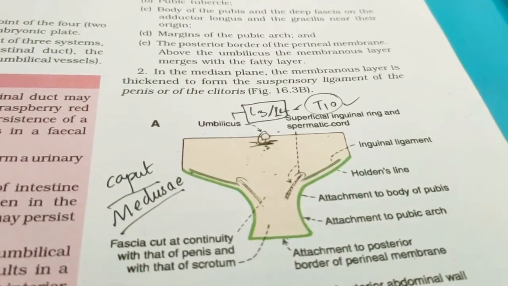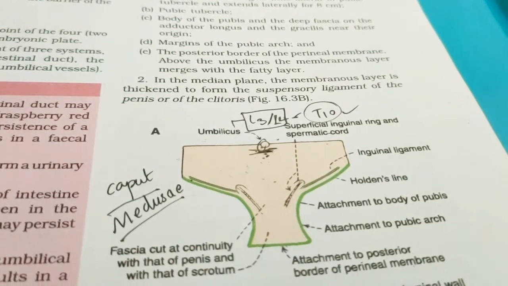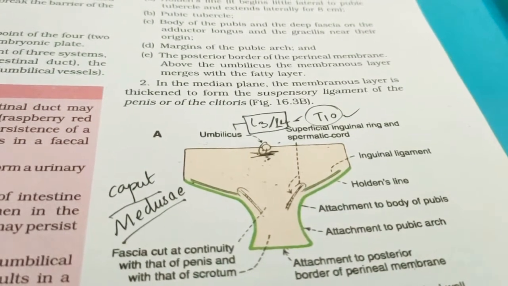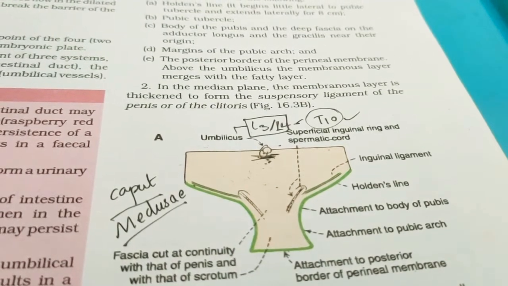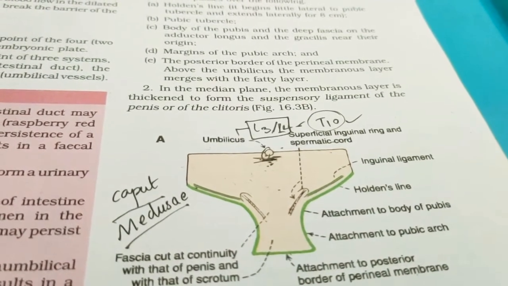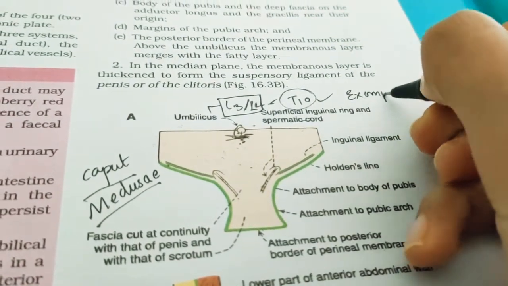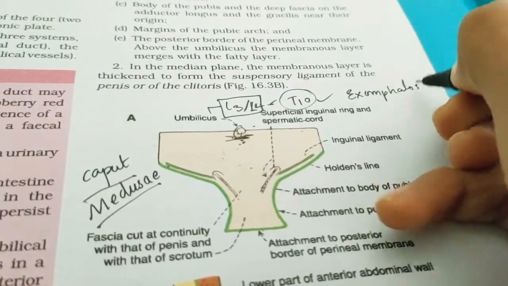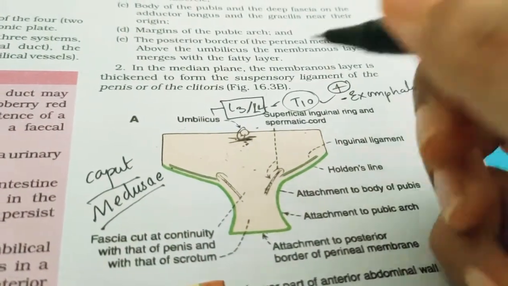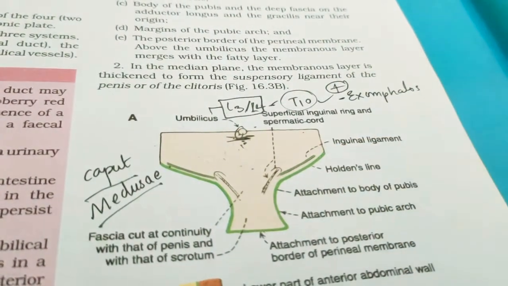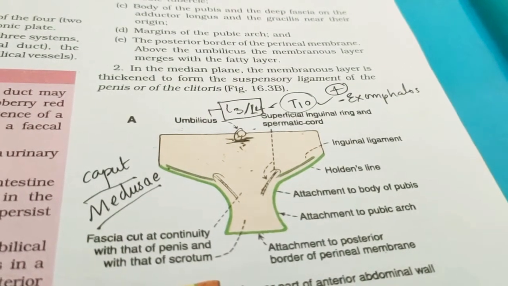Next comes, in early fetal life, some loops of intestine normally herniate out of the abdomen in the region of the umbilicus. So loops of intestine also herniate, and this is called exomphalos. So exomphalos, what is that? Exomphalos is a clinical anatomy related to it. That is, the intestinal contents only will come out as a hernia, that is exomphalos.